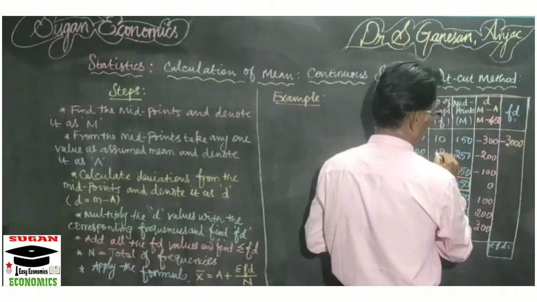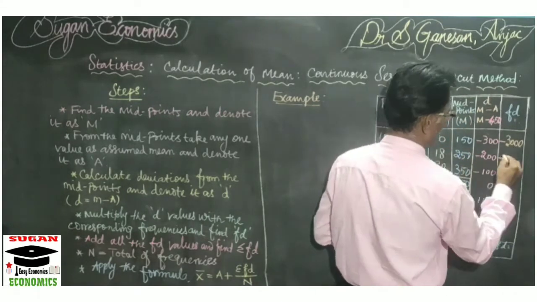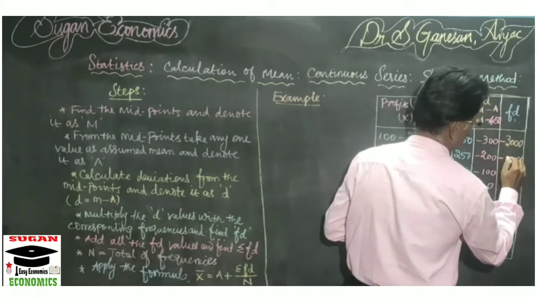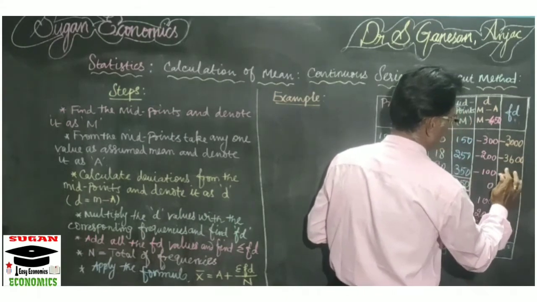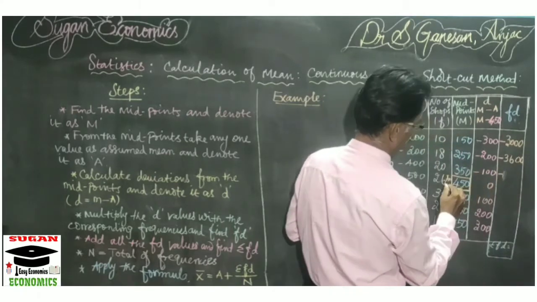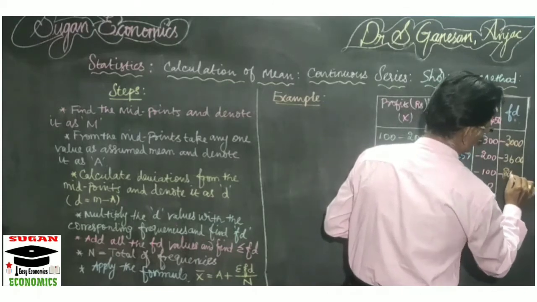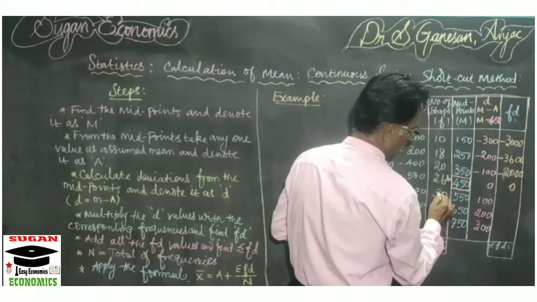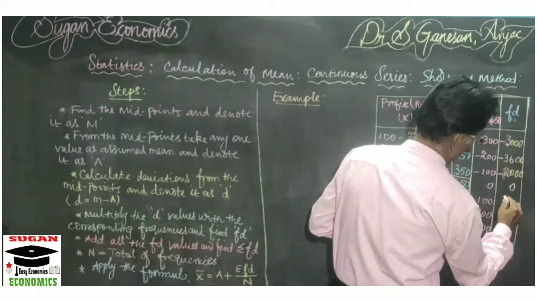Here again 18 is plus, and the deviation is minus, so put a minus sign. Two zeros, then 2 18s are 36, so 3600. Then here also you put a minus sign. 20 into 100 is equal to minus 2000. 0 into 26 is equal to 0. 30 into 100 is equal to 3000.